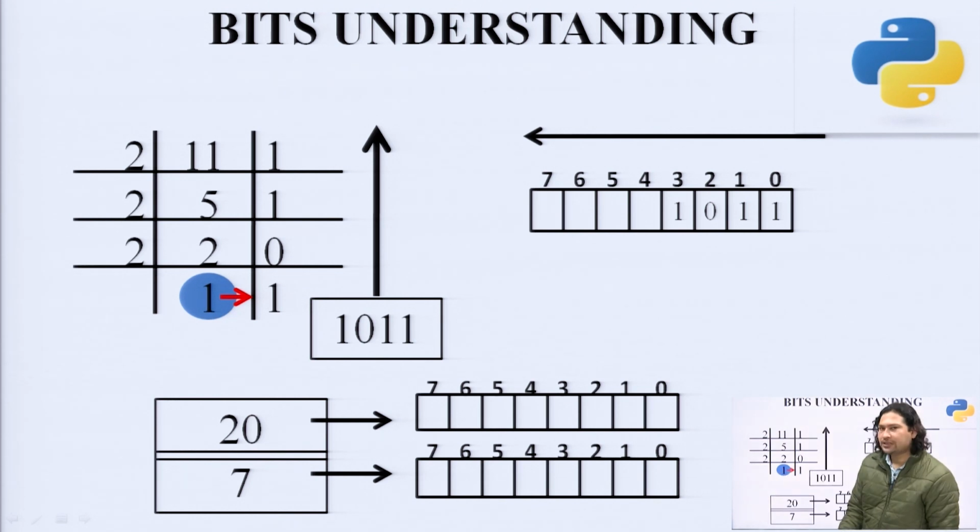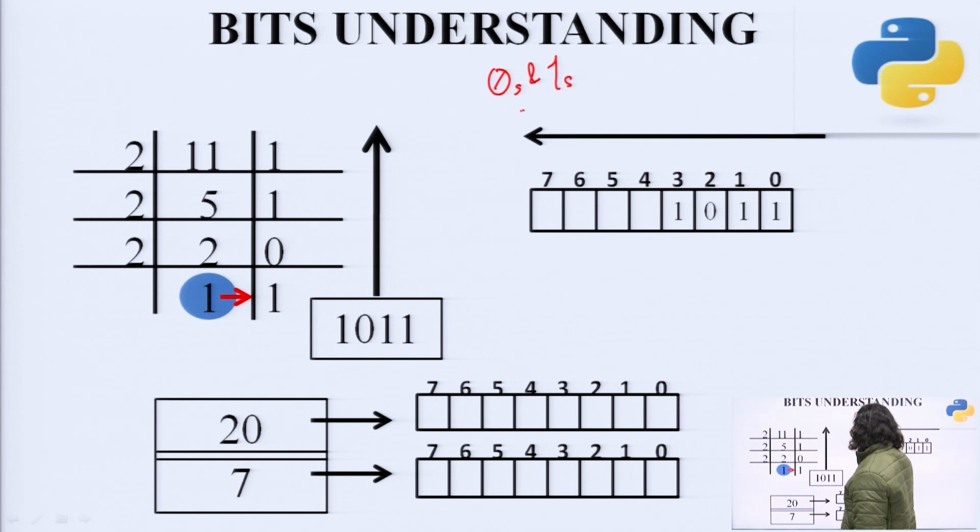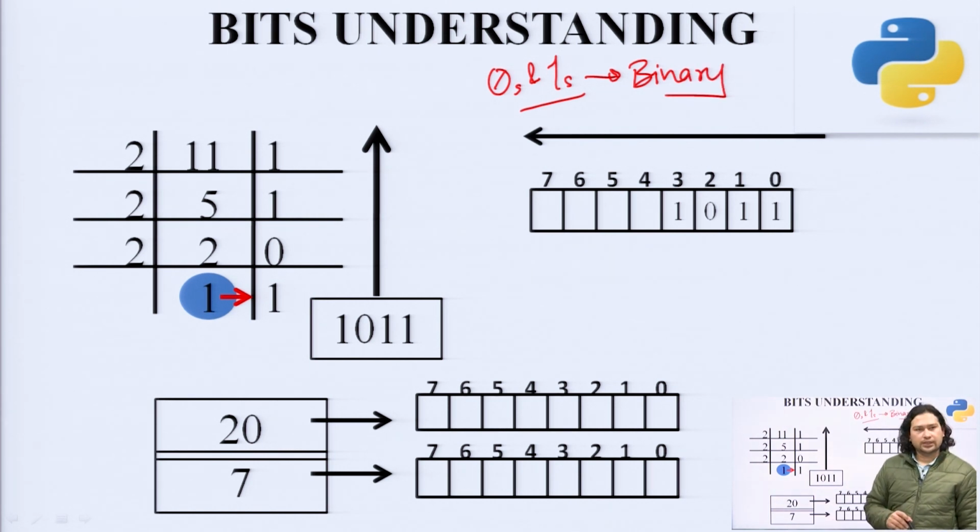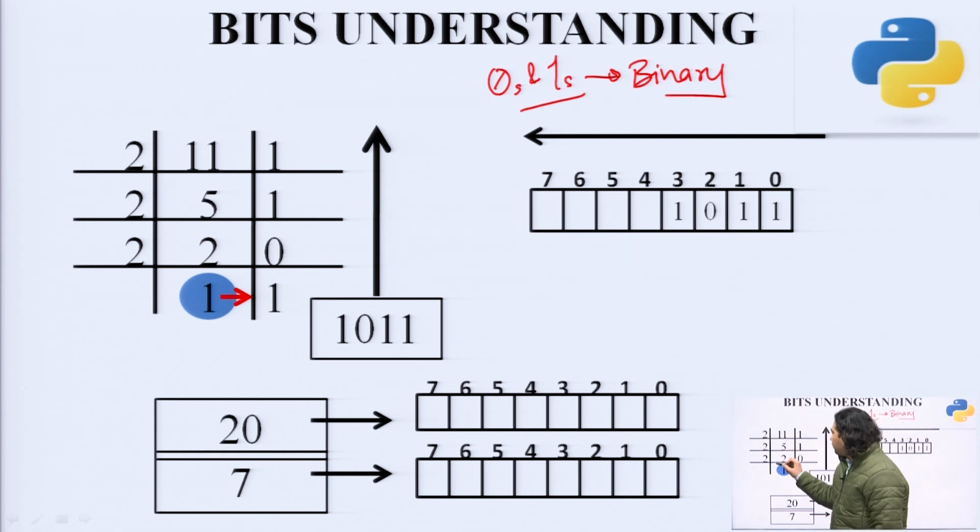So, we are trying to understand what binary language is. Now, in binary language we have only two parts, or you can say the representation of the language is by zeros and ones. So, it is a binary language. How are we going to convert this into binary language? Now, look at this one. We need to draw this table.